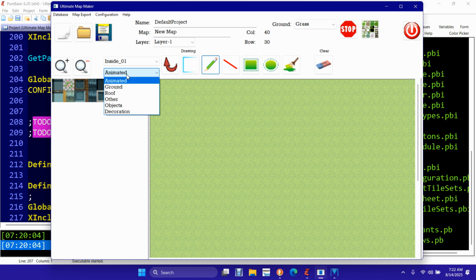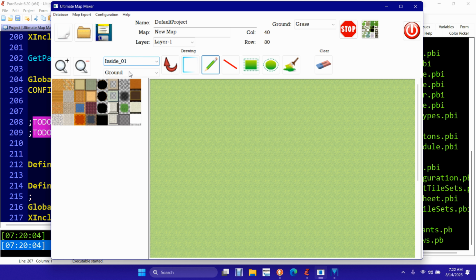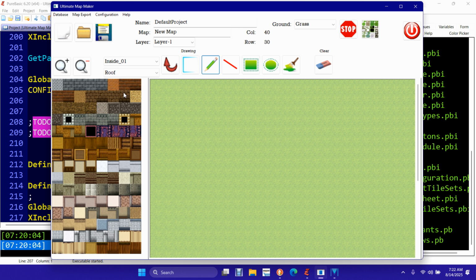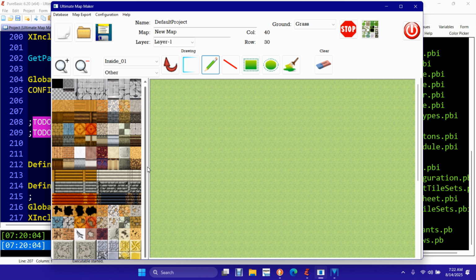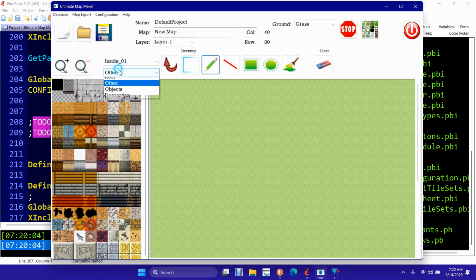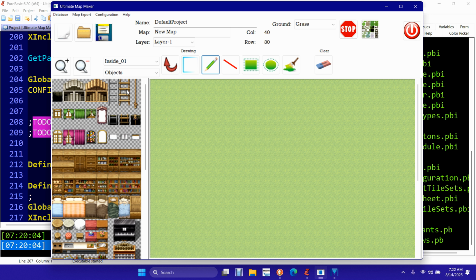I've actually gone and said, okay, we have animated tiles, we have ground tiles, we have a category called roof, but it also includes anything that's atop of a building and stuff like that. Then we have the others category, which sometimes includes walls and whatnot. Walls also kind of goes into roof as well, which is kind of silly. And then we have objects, all the junk you want to put inside. And so we can scroll by